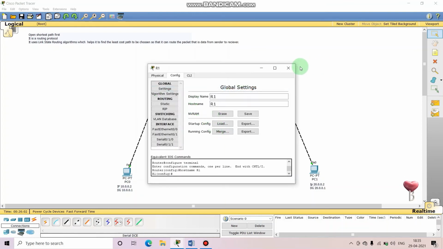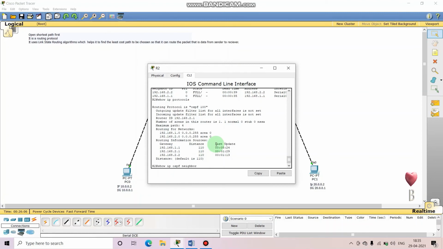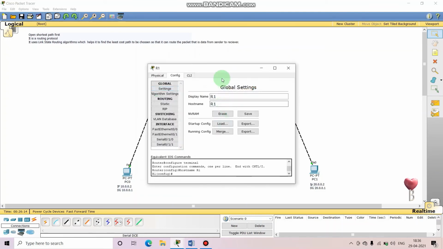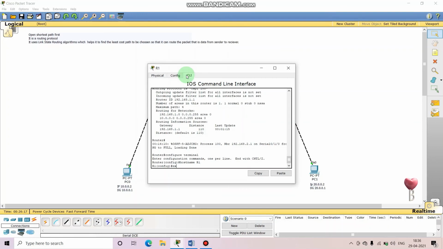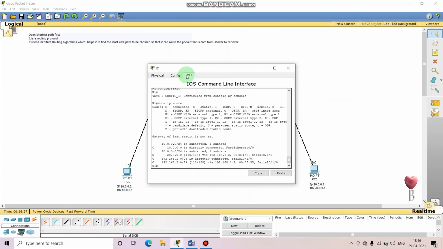Earlier it was showing you IP route as one only, right? It will show you two now. See, okay, let's close this, open this, CLI mode, exit from configuration mode. We'll be in the enable mode. Perform show IP route.